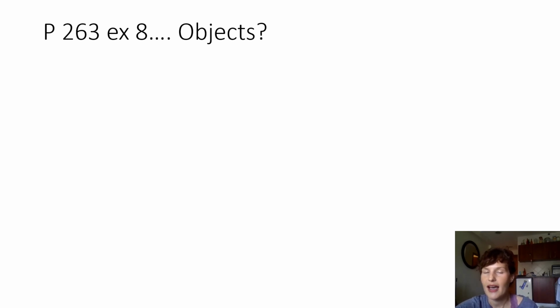Which ones have objects? Number 2, the tree hit the truck. What's the object? The truck. Number 5, the tree didn't kill the driver. The object would be the driver. And there's one more sentence with an object, which would be number 3, right? The tree fell on the truck. However, the object, which is the truck, is the object of the preposition, not the object of the verb. So I would only consider here 2 and 5, okay?